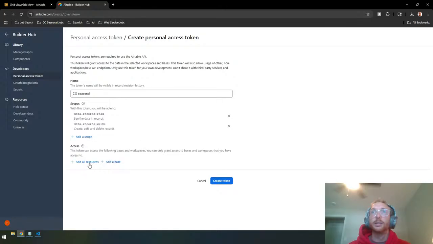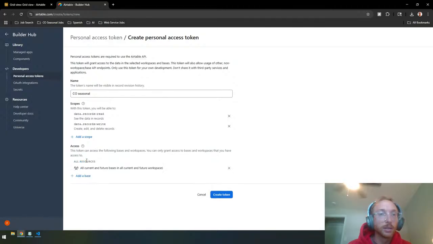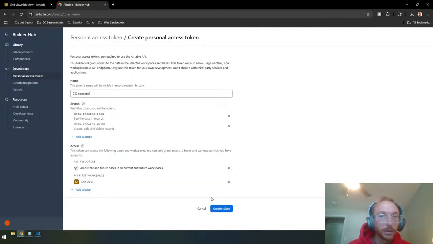And add your base from step 2. All current and future in this workspace. Or grid view that one. Let's do grid view, the one I just made. Click create token and